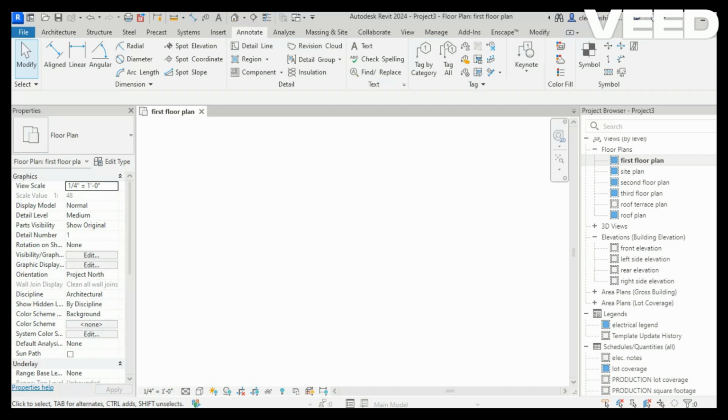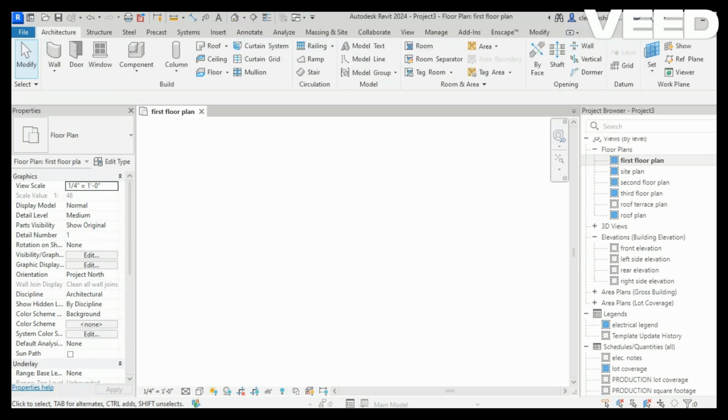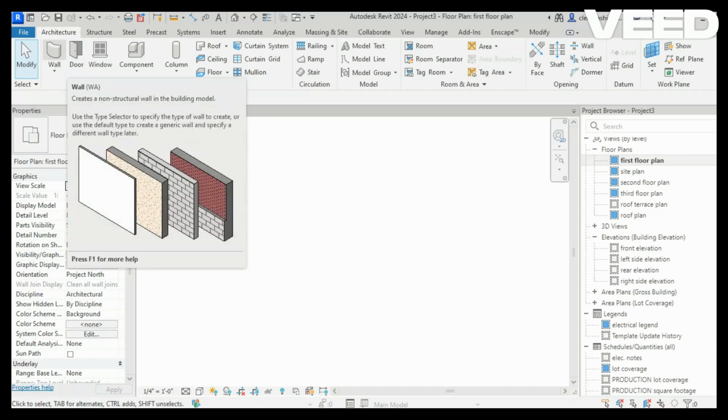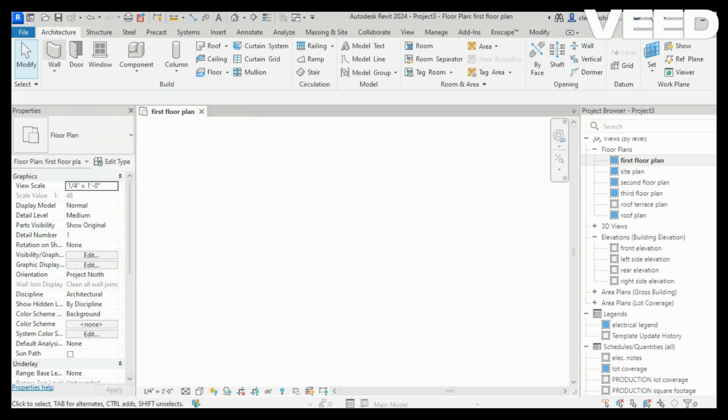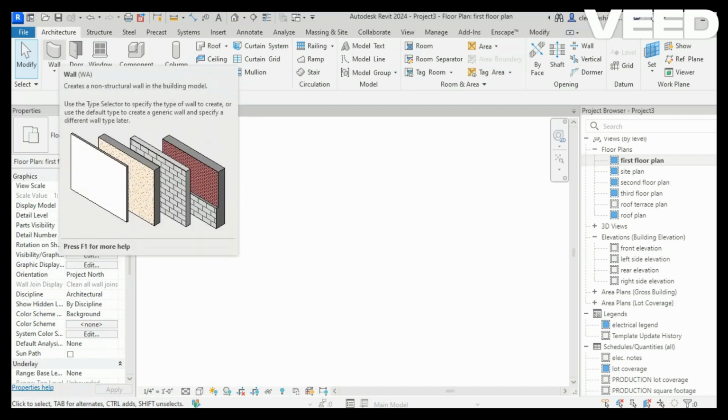So first things first, we like to use hot commands, okay? So you can actually click on the architecture tab. And we want to draw a wall first. So you want to come here and click on the wall icon. And if you hover over it, you see the word wall here. And you see those two letters in parentheses, that is the hot command to activate the wall icon. What is a hot command? A hot command is when you can just type in WA and it'll activate the wall icon versus you coming over here and actually clicking it. Hot commands is something I am going to